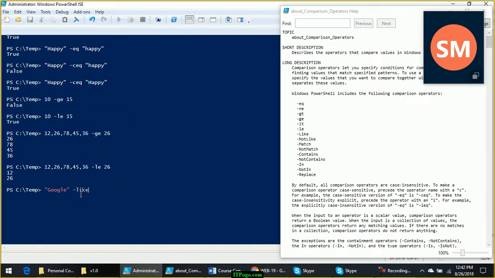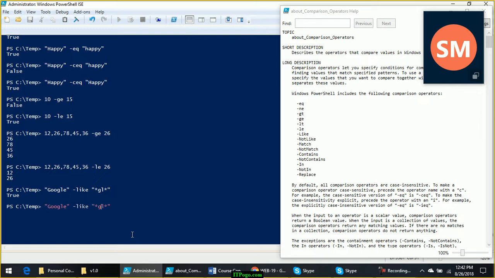Google is like, with the asterisk used for representing multiple characters. So what we are asking PowerShell here is whether this text begins with anything, has these two characters G and L within it, and might end with anything else. So this is true.